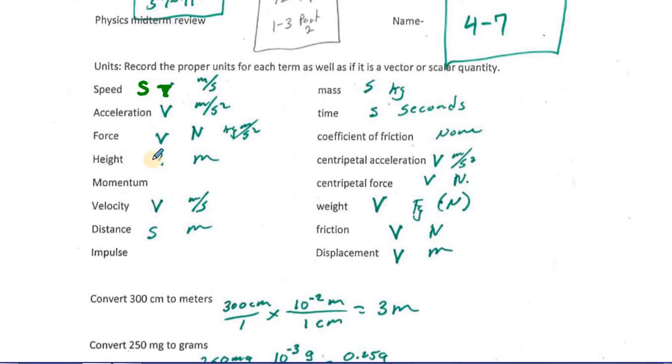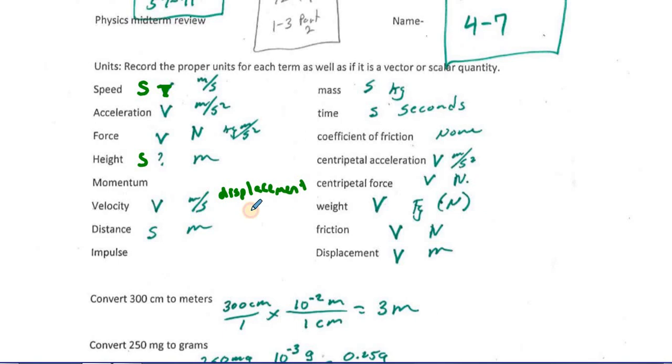Height, I'm going to actually add in, heights are just distances. Those are scalars. Momentum, for some of the classes we haven't quite yet talked about momentum, but we will prior to the midterm, so I'll just leave that blank. And likewise with impulse. Velocity is a vector. The loose definition of it is that you can think of it as speed with a direction, but more importantly, you'll see this on one of the first few problems, it is a displacement